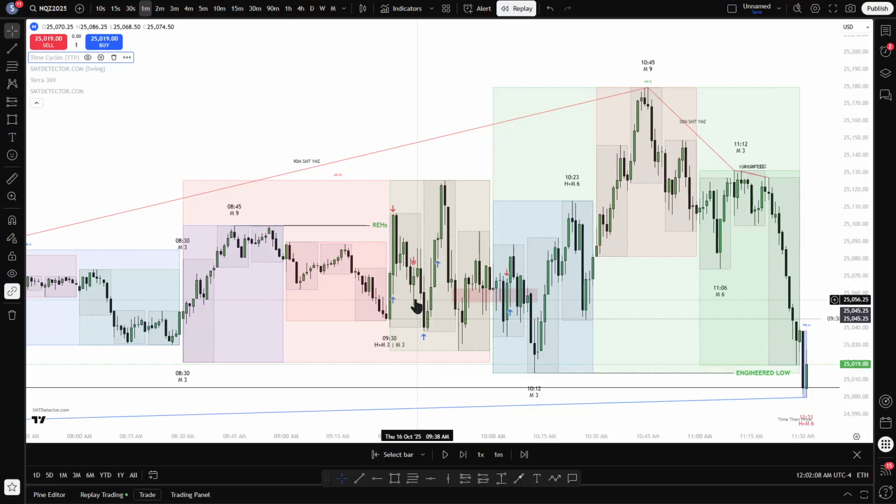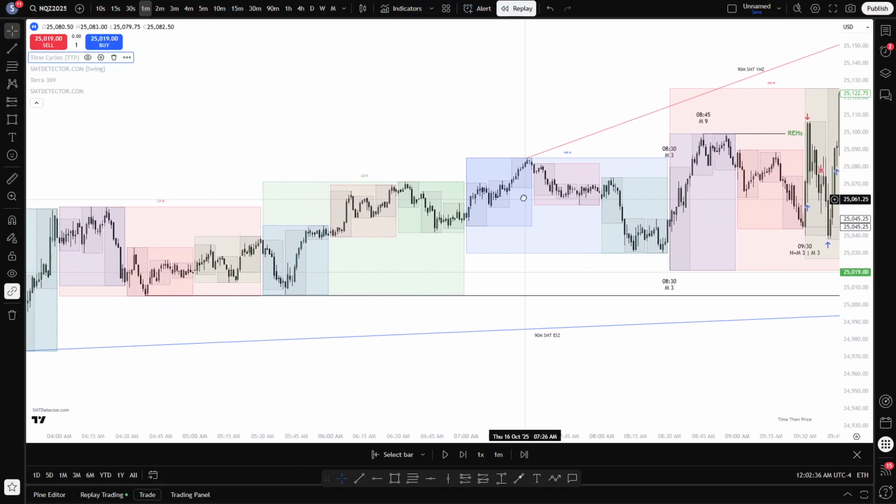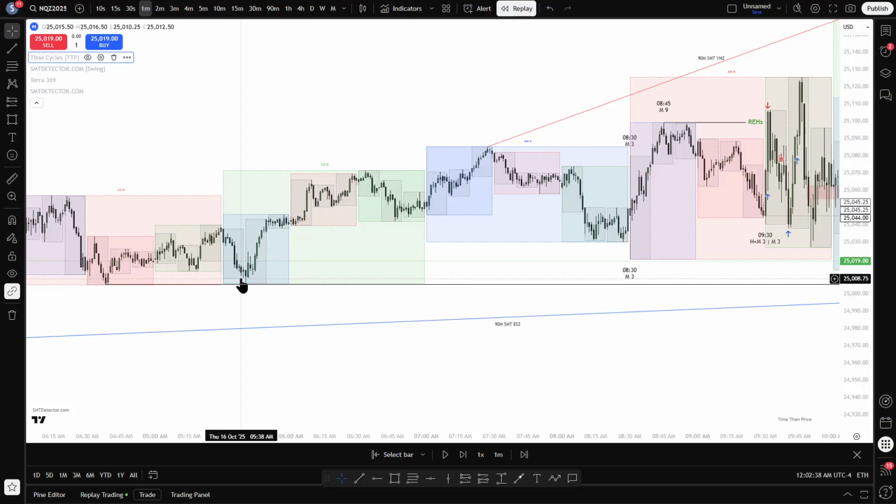This is trash if you don't know about time cycles, which I mentioned in the morning. I was not trading time cycles, so I was trading the relative equal lows. But this has made me realize that whenever a cycle opens and instantly takes out, or takes out after some time, the previous cycle lows, it should probably go towards the previous cycle high, or vice versa, because you can see that all over here. We take out previous cycle low, go towards the high, we consolidate, take out the high, consolidate, consolidate.